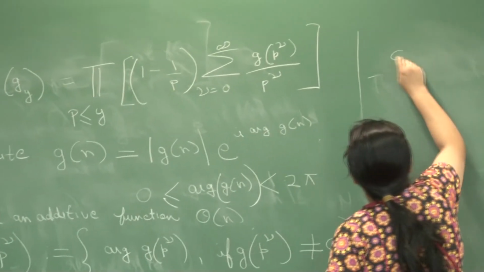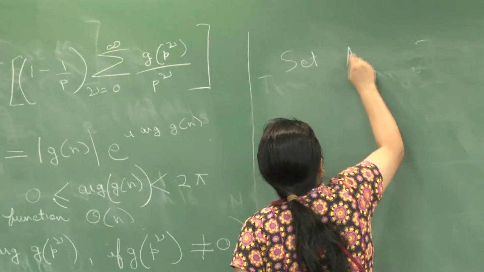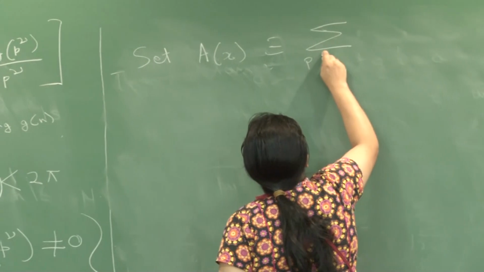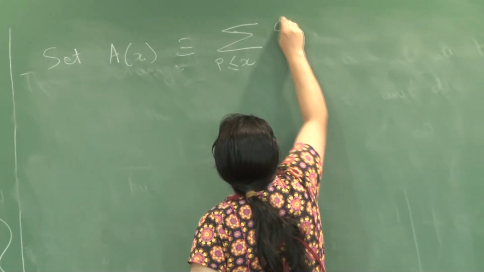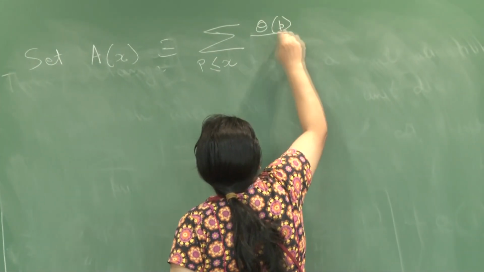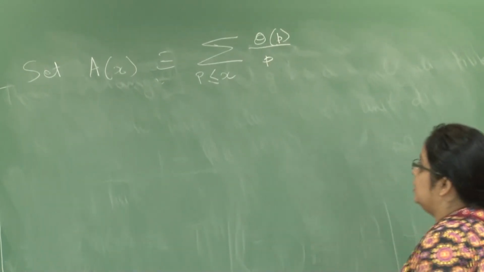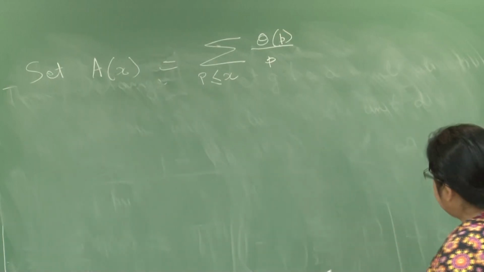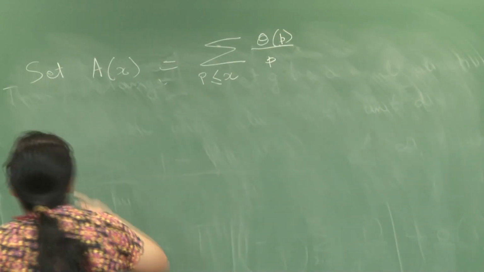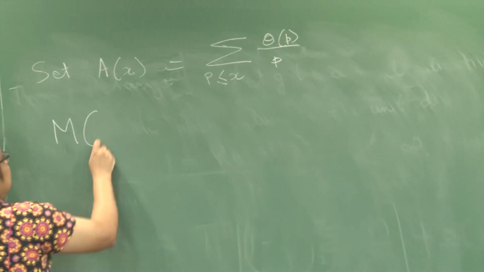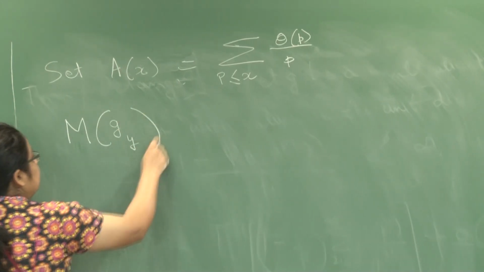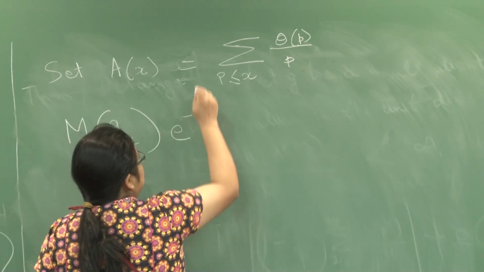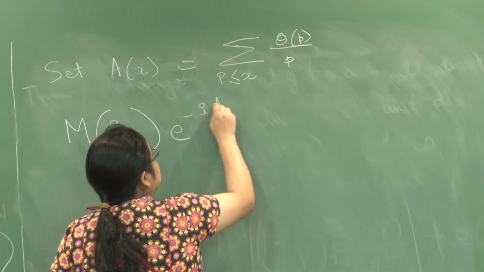Let us set capital A of x to be equal to the summation of theta of p over p. Then it turns out that the mean value of g sub y times e raised to the minus i times capital A of y,